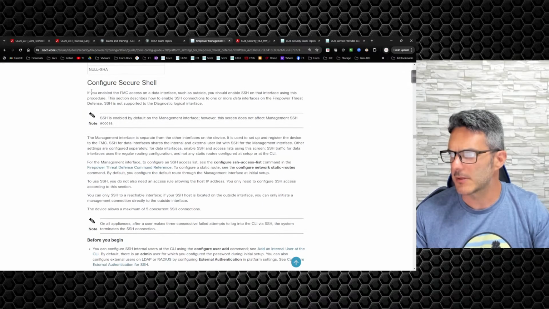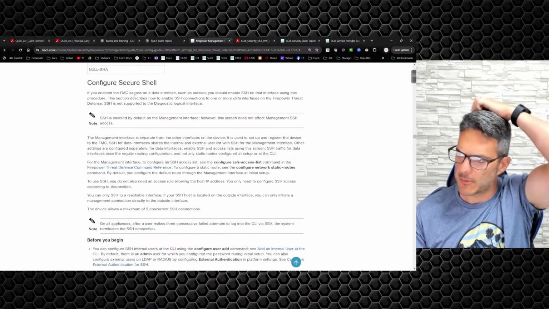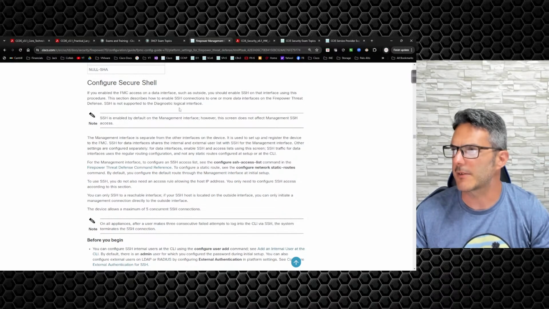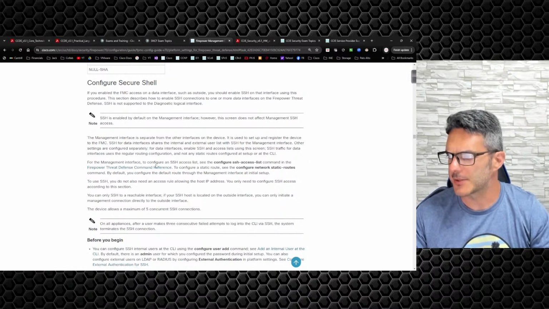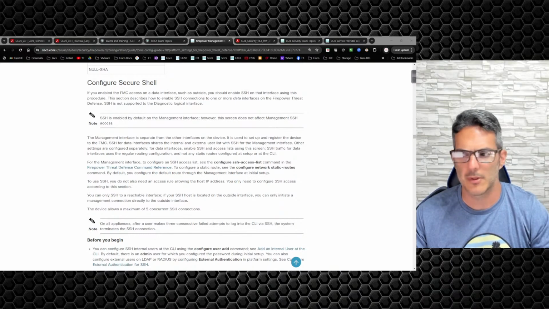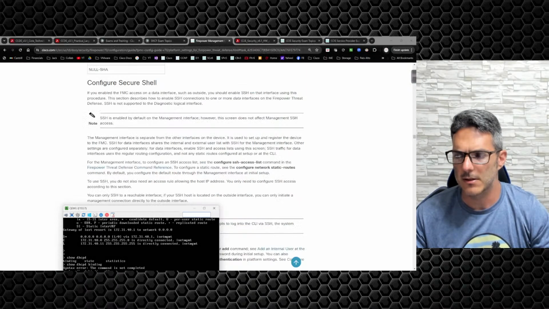Did I miss something? If you enable the FMC access on a data interface such as outside, you should enable SSH on the interface using this procedure. The section describes how to enable SSH connections to one or more data interfaces. So for the management interface, and then configure static routes, configure network static routes. Okay, so this is where you have to pull up this guy,